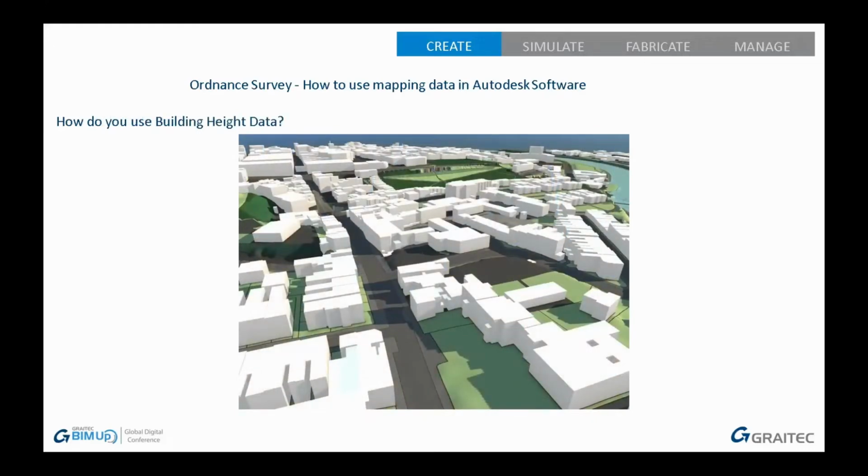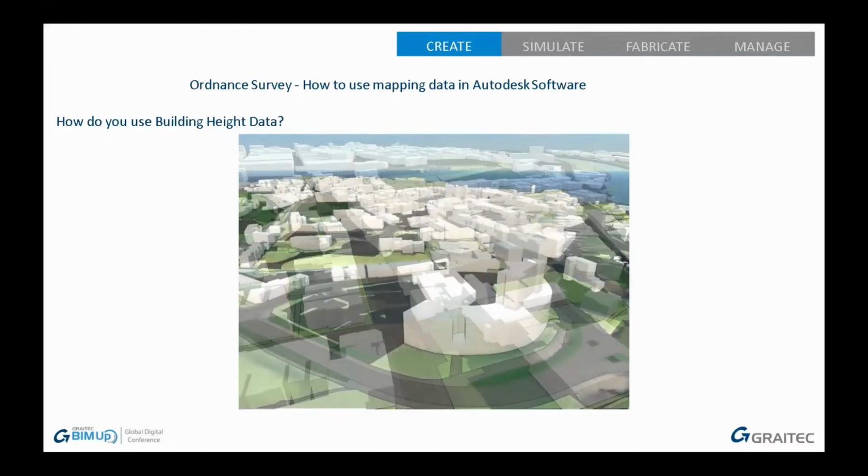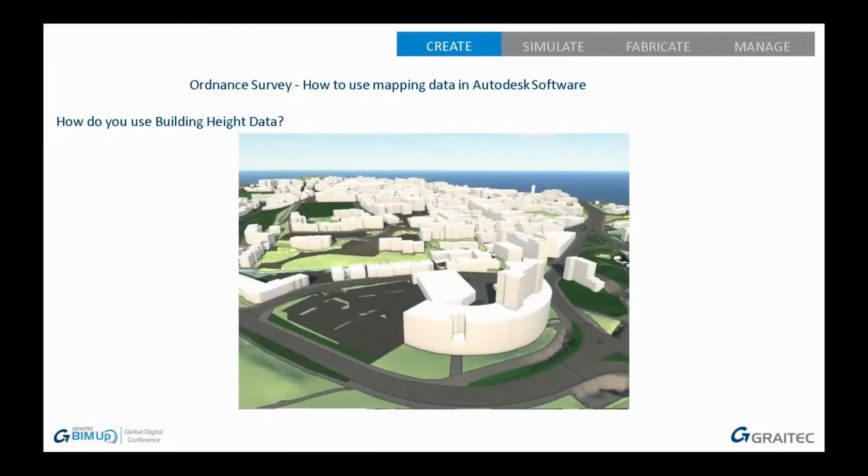Next, I get asked this quite a lot. Does it have building height data? And for years I would always say no, the Ordnance Survey don't do building height data, it's difficult to do, and I came up with all the excuses. But now I can say yes, it does. I'll show you how you can use that information in your mapping product, in Infoworks and AutoCAD Map